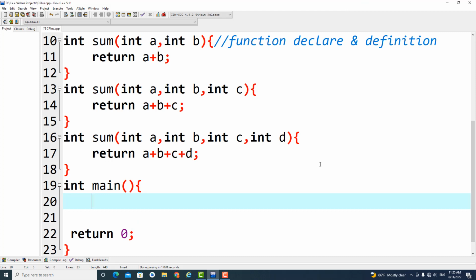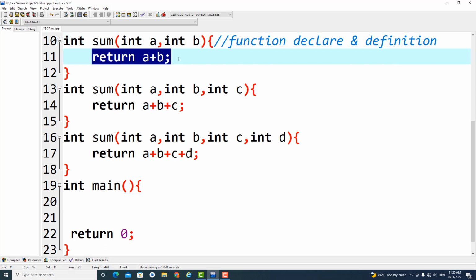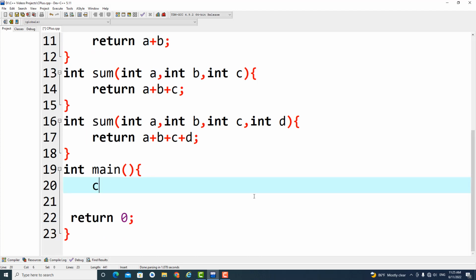And now I want to call the first function that contains two parameters, because I want to display the output of the plus of 2 values, a plus b. So I can say cout, plus a plus b